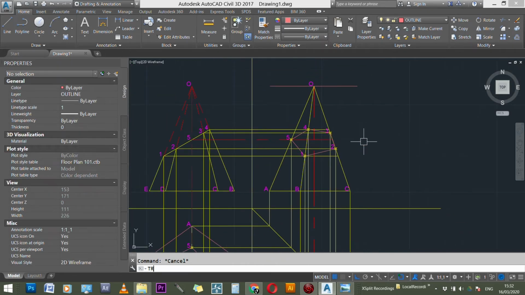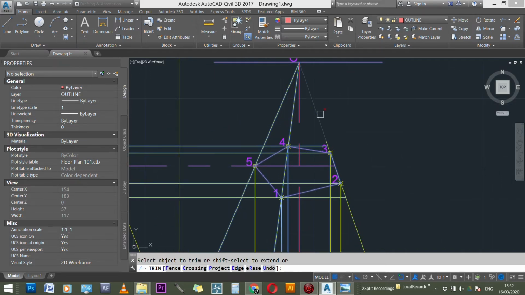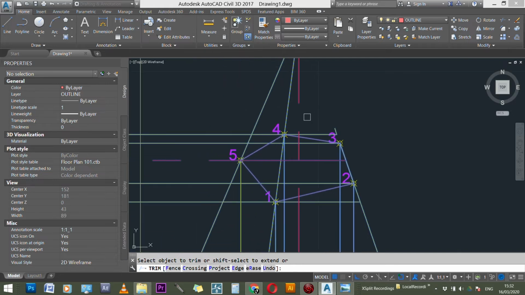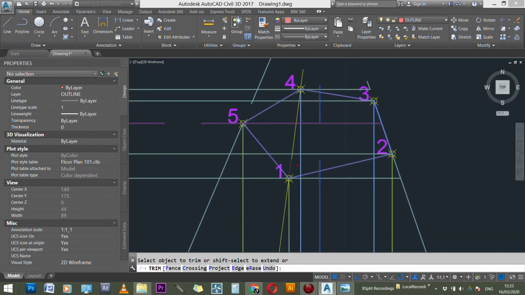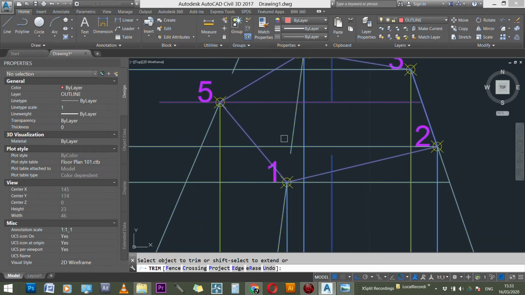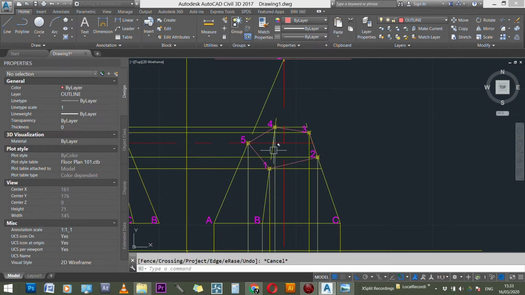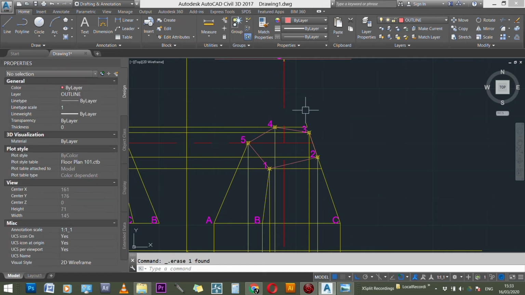And what I'm going to do is just do a big trim, and trim off points that I don't need. So I don't need that. That. Then I can delete the rest. I don't need that. Cool. So I can delete this line here, delete that,